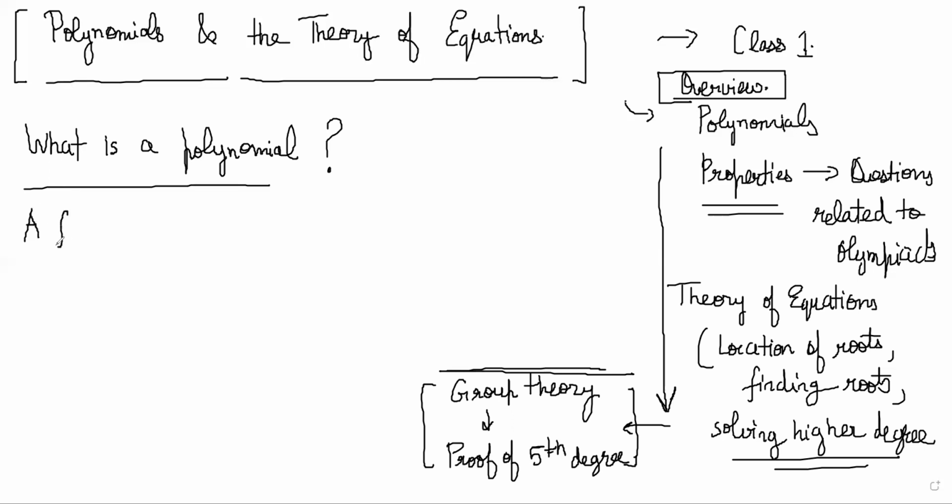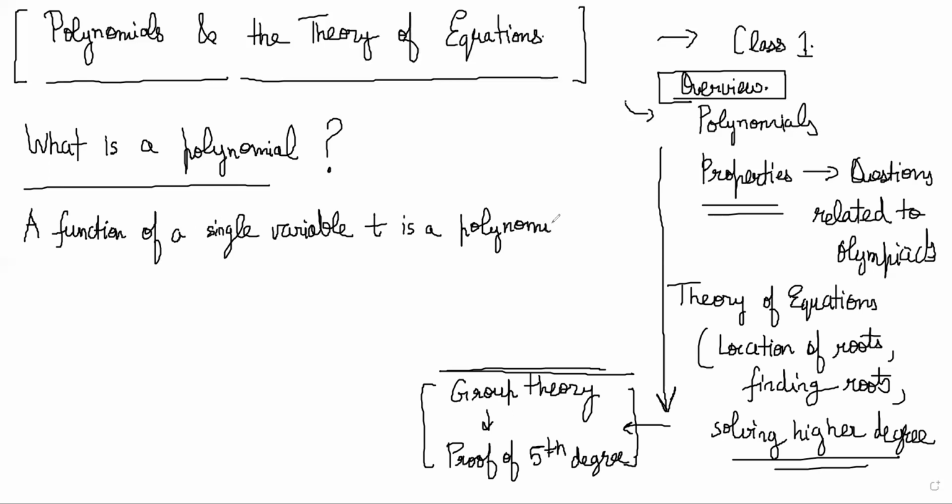So a function of a single variable t is a polynomial on its domain. Basically that means when that function is defined. So a function of a variable t will be called a polynomial in its domain if we can put it in the form